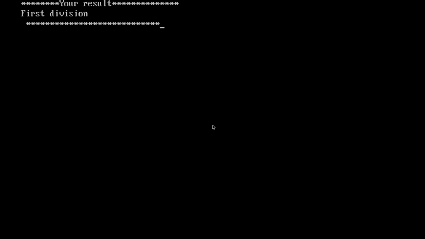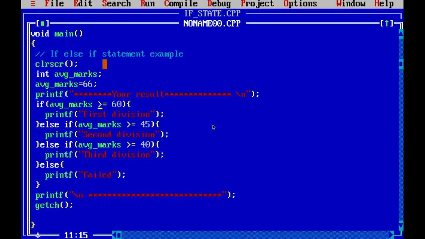Now if I am giving the marks as 66, it is printing the first division as the condition is getting fulfilled over here. It is greater than or equal to 60.